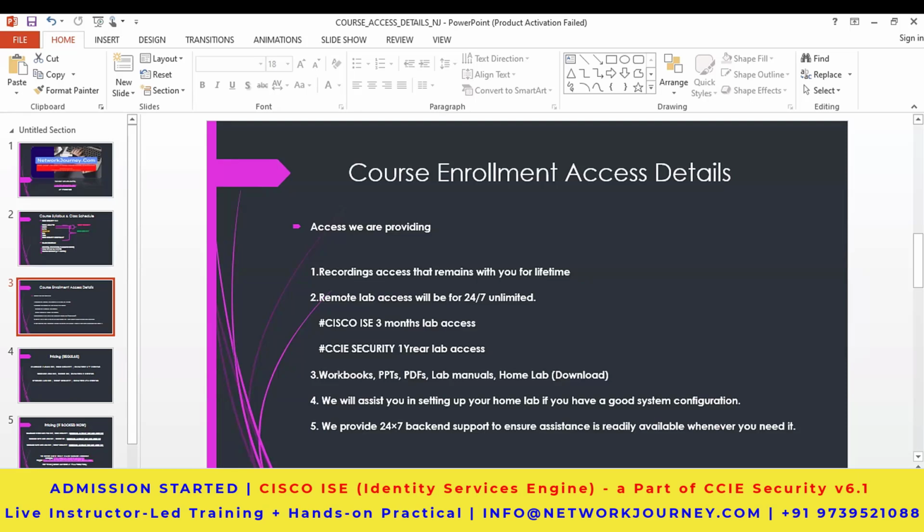Okay, and we'll provide you 24/7 backend support from our Network Journey team. If you are facing any issues or queries regarding the course, the labs, or the portal, anything related to the topics or class modules, or in case you have missed out on anything, you just need to raise a ticket on our support DL. One of our team members will connect with you, and we will resolve your issues accordingly in the meantime. Okay,